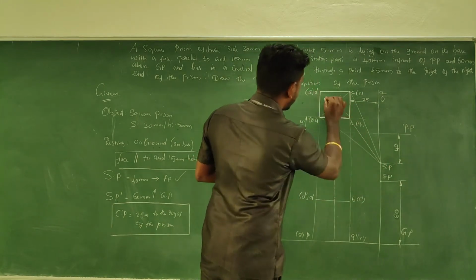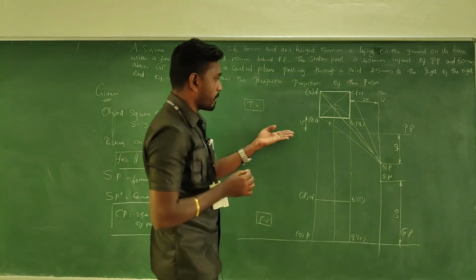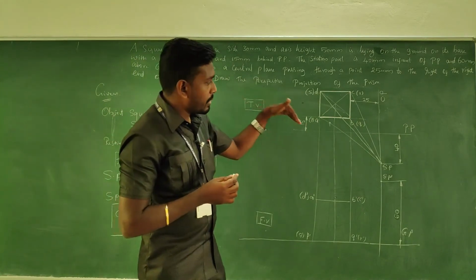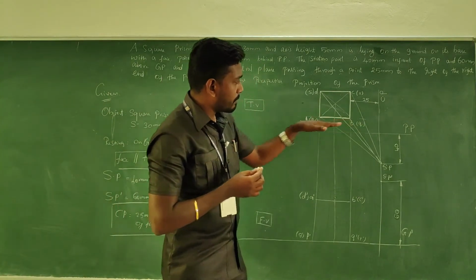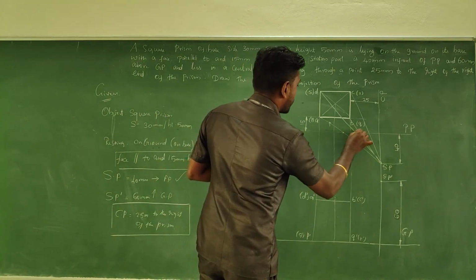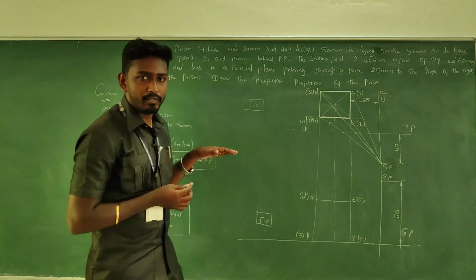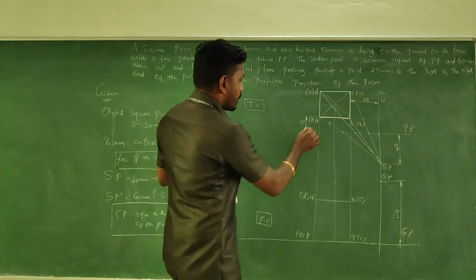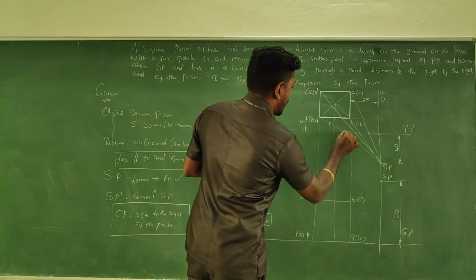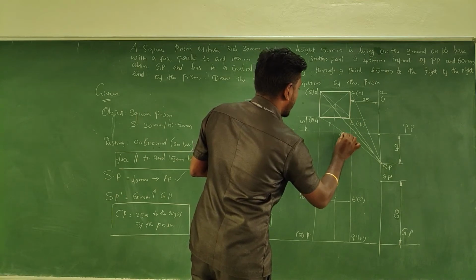When you are taking the line, that particular line will intersect with the PP, the picture plane, which just passes through the PP plane. So that point must be specified. That particular point is a break-even point. We call it a break-even point. The line taken from A to the SP, which intersects on the PP plane, we can note it as A.